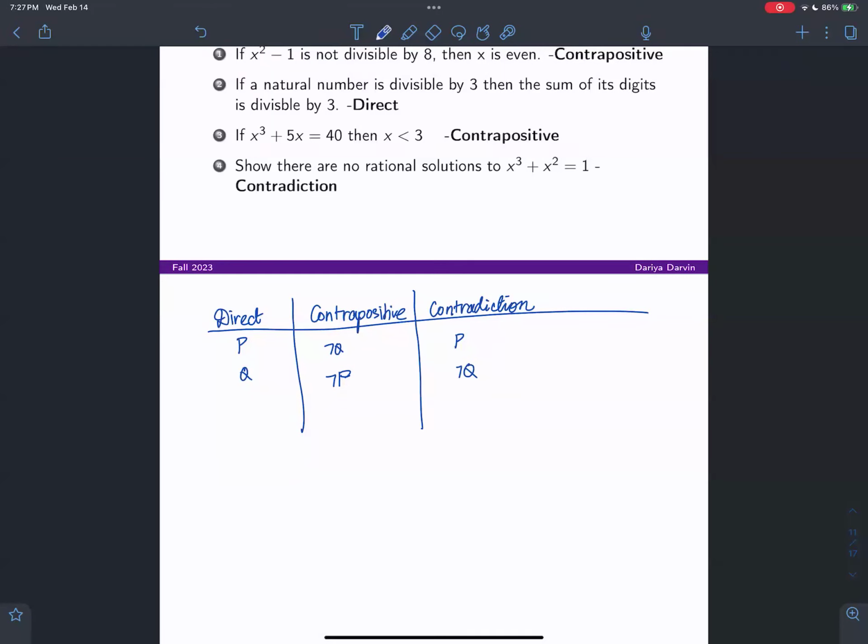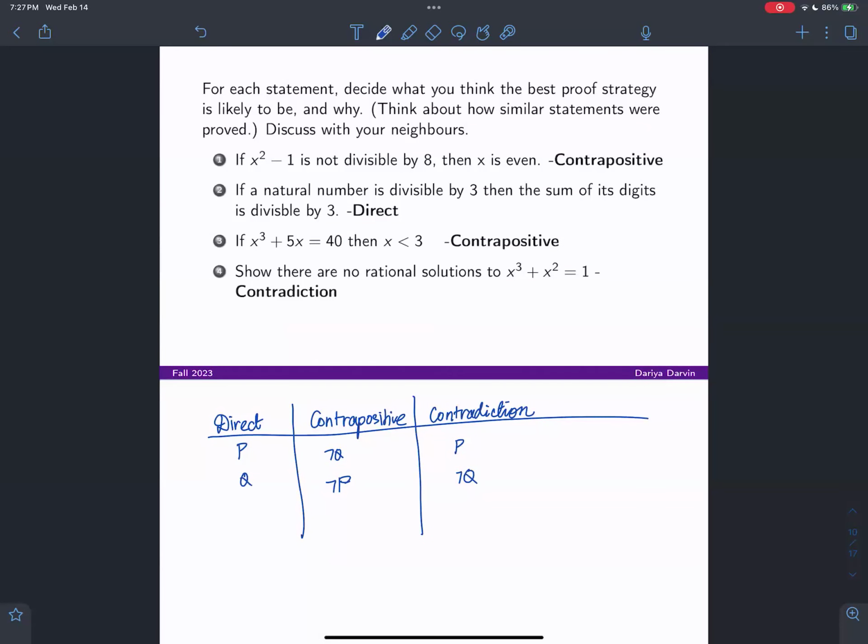Sometimes, not always, a lot of times, just looking at, okay, what is my P here? What is my Q here? What's my not P? What's my not Q? Is it easier to work with P or not P? Is it easier to work with Q or not Q? And making that decision can help. Not always, but sometimes. For example,